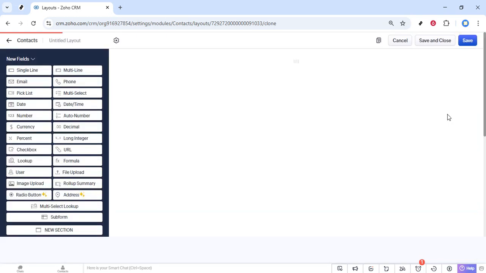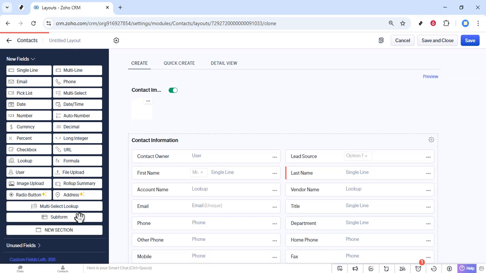When the layout editor opens, take a look at the left side of the screen. Here, Zoho shows you a panel that includes different components you can add to your layout, and this is where the custom fields section appears. In this area, you'll see different field types you can use, such as text, number, date, pick list, checkbox, and more. Each type is designed for a specific kind of information, so think about how you'll use the data when